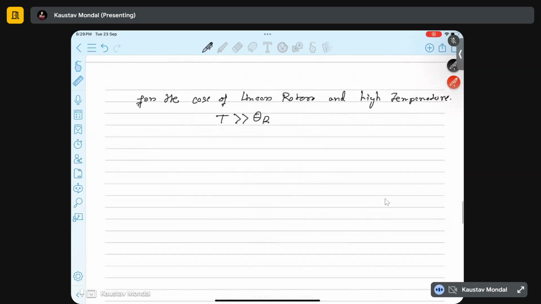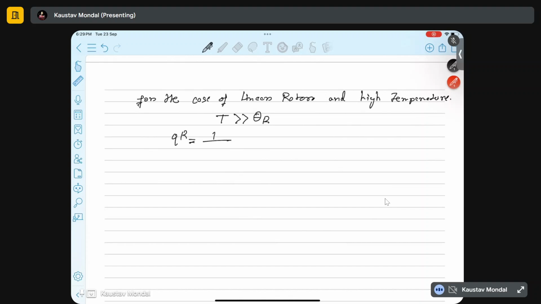So if the molecule is a linear rotor and the temperature of the experiment is very high compared to the characteristic rotational temperature theta R, in that case the QR, the rotational partition function, simply takes the form